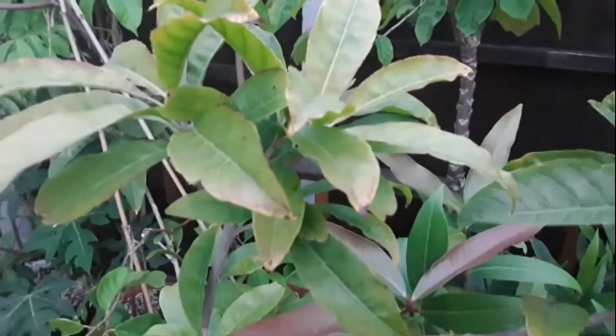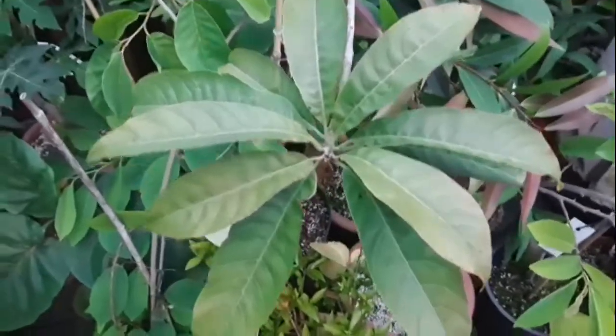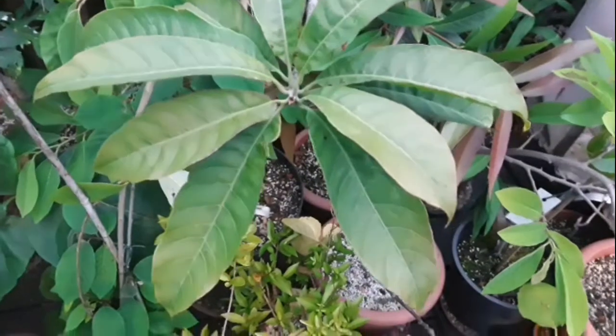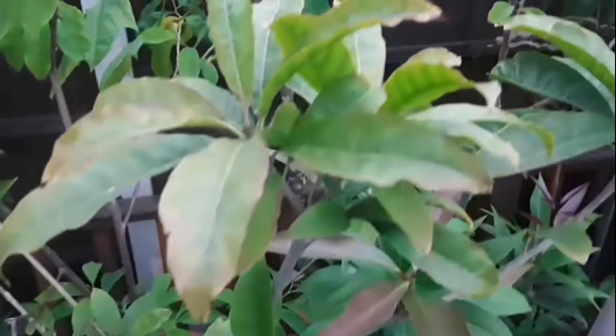These, what I call the more tropical tropicals, are triggered by higher temperatures. Had we had temperatures in the high 20s, low 30s, i.e. in the 80s for a couple of weeks, this undoubtedly would have flushed out new growth. Unfortunately,